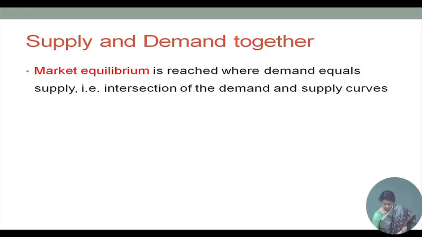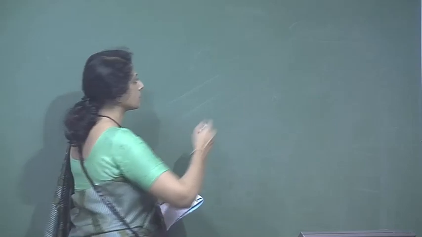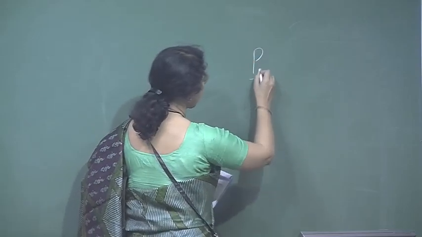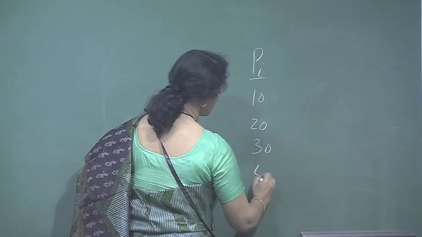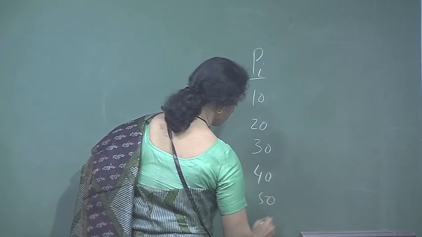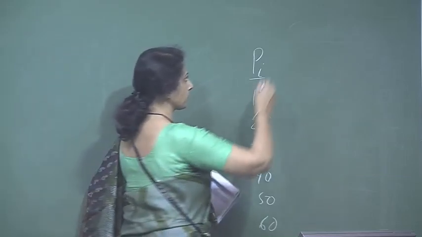So although it's a very simple concept, nevertheless let's try to draw it here. Let the demand and supply schedules be those of ice cream. We started with the demand for ice cream and the supply of ice cream. So let's say, for example, again the price of ice cream can be 10, 20, 30, 40, 50 and 60, and this is the